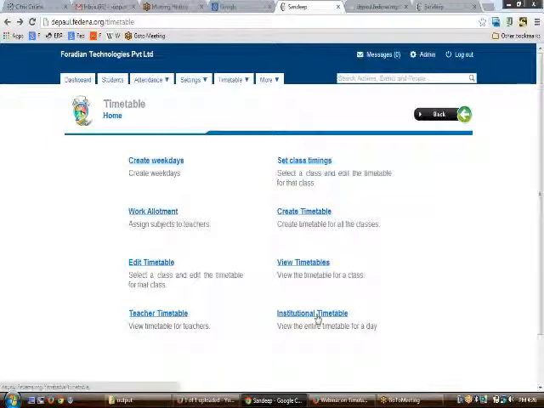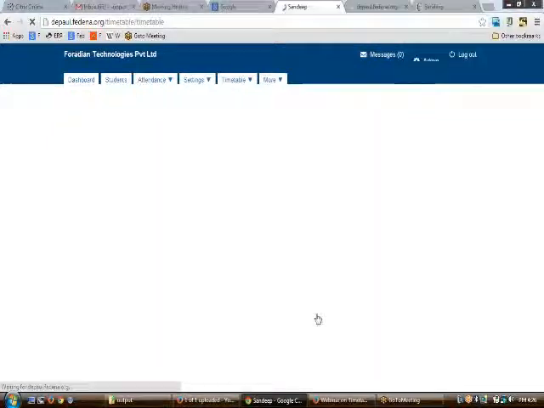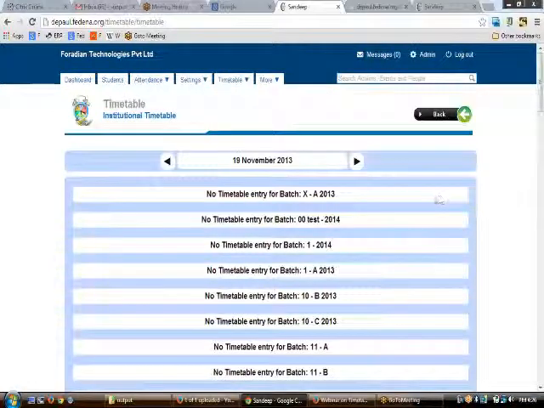Now let's move upon to the institutional timetable. So to see the institutional timetable, you just need to click upon institutional timetable there, and then if there are any timetable for a particular day, those will be available here.